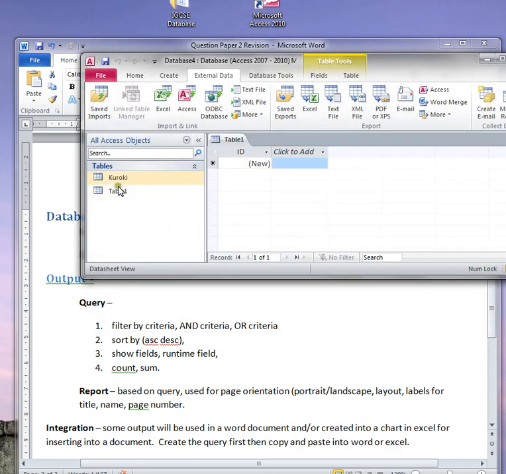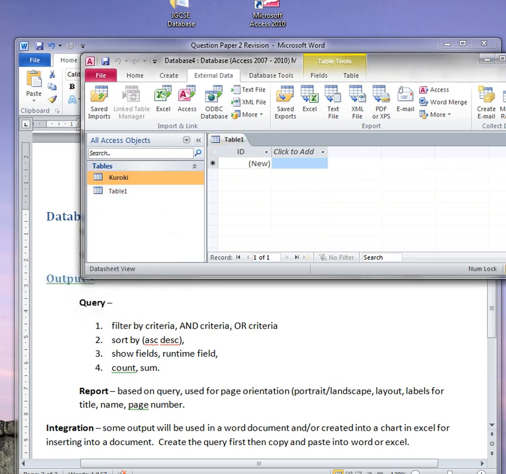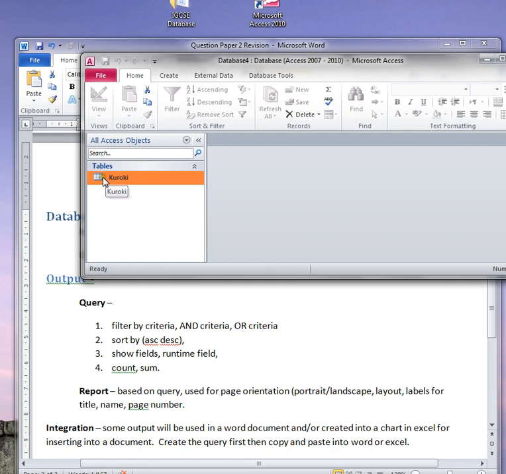I don't need to save the steps. And here's my table. This is just a blank default table. I'll get rid of that. Oops. It didn't let me do that because the table is open. There we go. So here's my table,